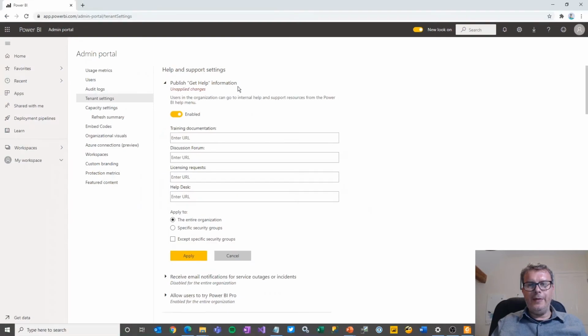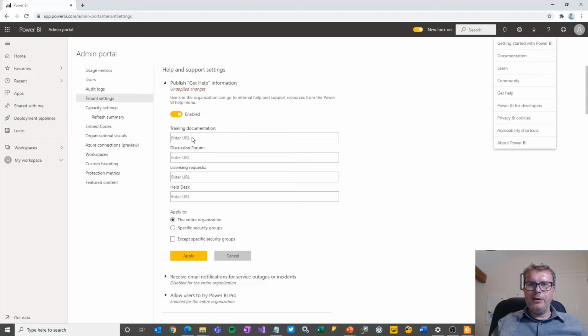And once you've done this, what happens is that when a user goes to help, all of the links up here that normally go to Microsoft documentation can be redirected to your own documentation. So, documentation here can be redirected to whatever link you put here.